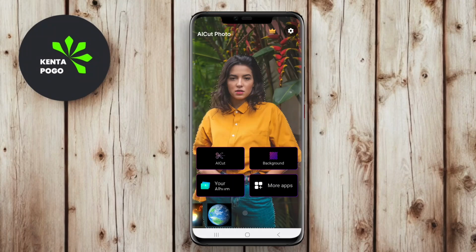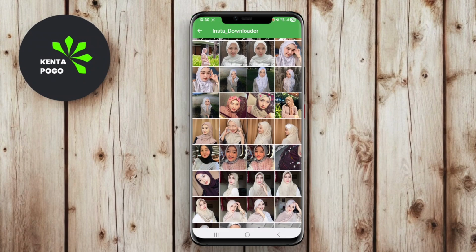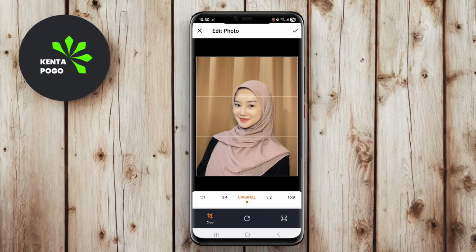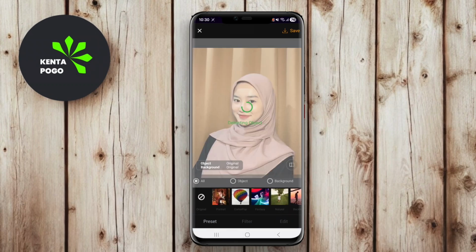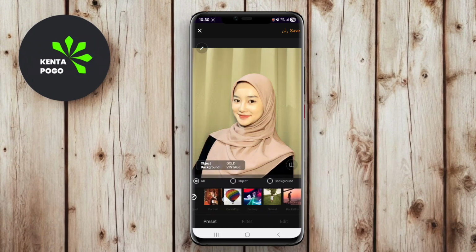AI Cut Photo BG Remover is an Android application designed to help users remove backgrounds from images effortlessly. Utilizing advanced artificial intelligence technology, this app allows users to isolate subjects in their photos quickly, making it easy to create transparent backgrounds or replace them with new ones. With a user-friendly interface, AI Cut Photo typically offers features such as automatic background detection and removal, manual editing tools